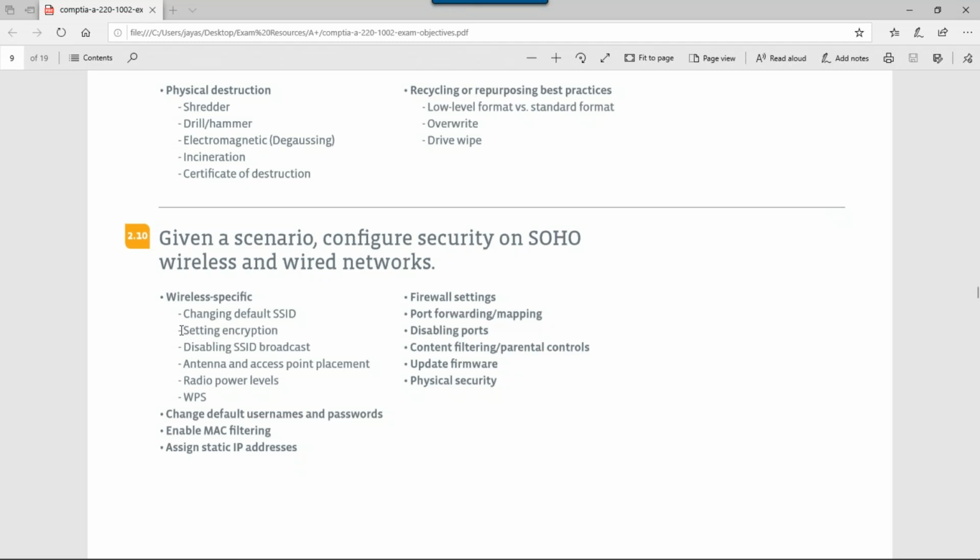I saw quite a few questions that were asking me, okay, how do you secure this SOHO? Okay, how do you make this more secure? Or we have an access point that we want you to set up, and this is what we want. These are the features that we need available, or these are the parameters that we're looking for. So you just look for what it is that you need to do. Okay, and tenant access point placement.